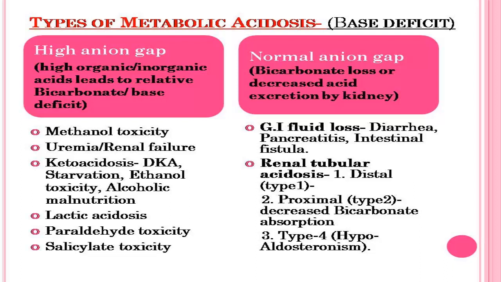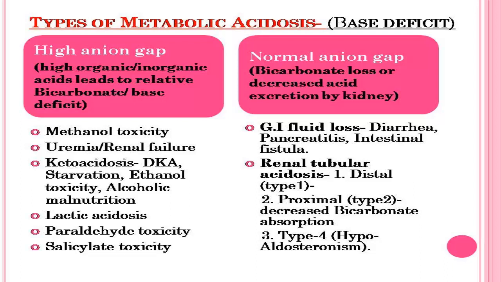All will be discussed, how they cause the ketoacidosis, that is the excess of ketone bodies produced in the diabetes, starvation and ethanol toxicity, alcoholic malnutrition. This will be discussed in the metabolism classes, but for the time being just remember that in case of uncontrolled diabetes, starvation and alcoholic malnutrition, what happens? There will be excess generation of ketoacids through the various metabolic pathways, and ketones are actually acid in nature. For this there will be acid excess in the system and there will be relative bicarbonate deficiency.